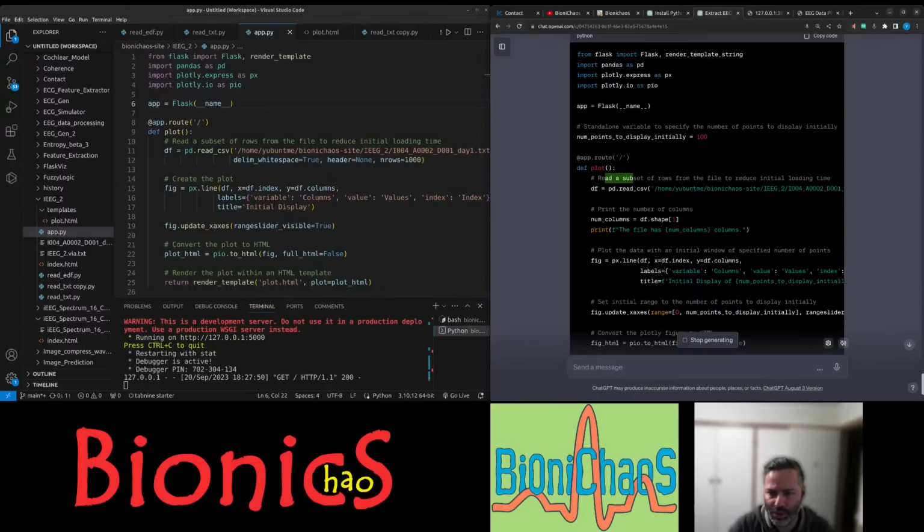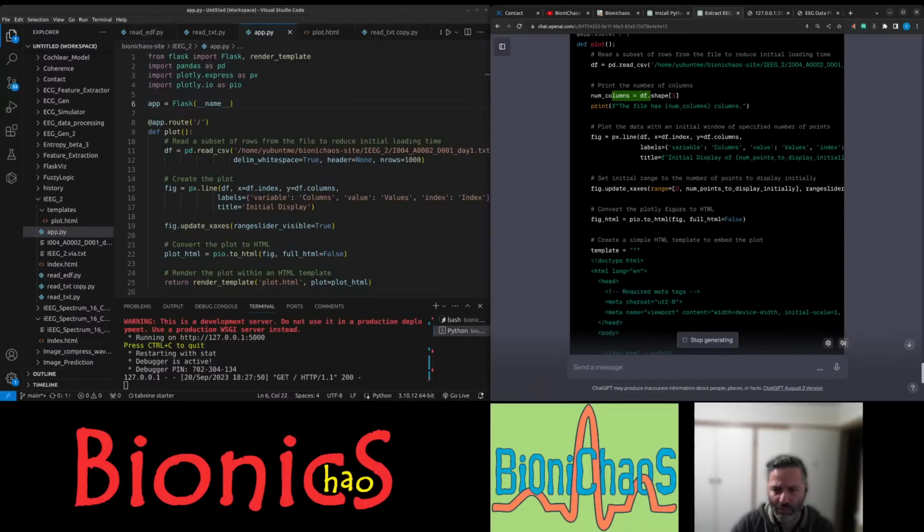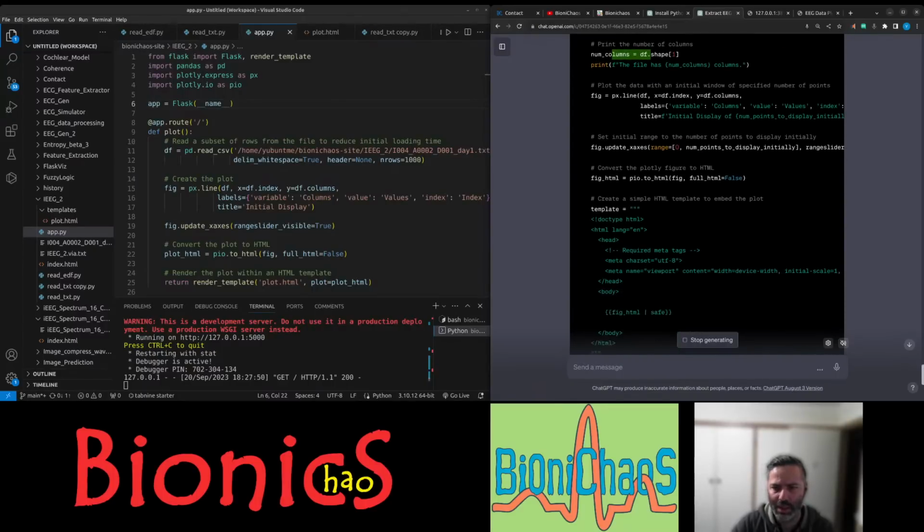A defining function called plot. It's reading subset of the data, should be 1000 points. And print the number of columns. Okay, we don't have to do it, but take it out later. Update access. Yes.